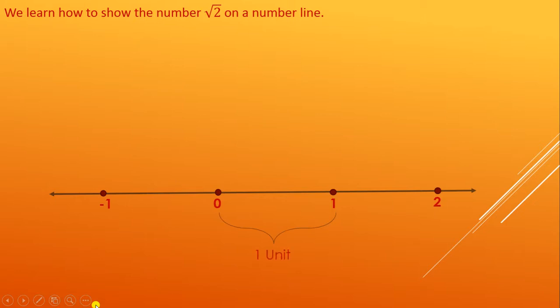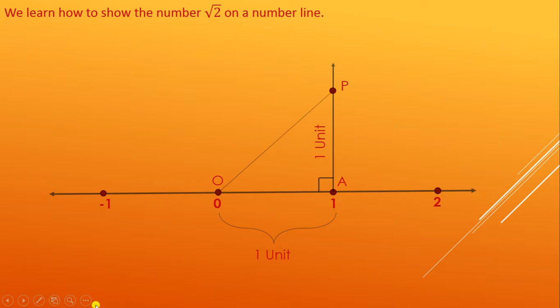Here we represent the number square root of 2 on the number line. The number less than 2 is 1, and square root of 1 is again 1. Therefore, we draw a perpendicular ray at the point denoting number 1. We denote number 0 as O and number 1 as A. Take a unit distance in the compass and draw an arc on the perpendicular ray from point A. Then name the intersection point of the arc and the ray as P. Then join OP.